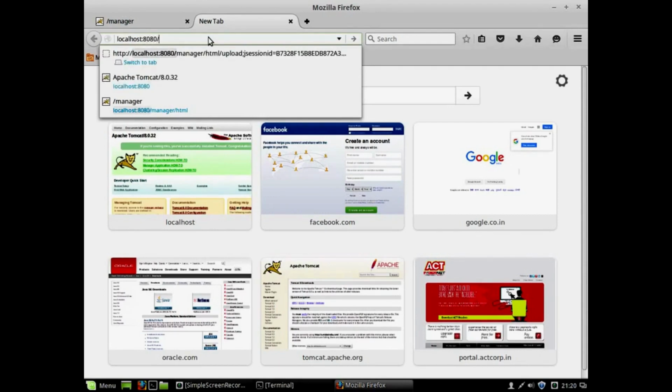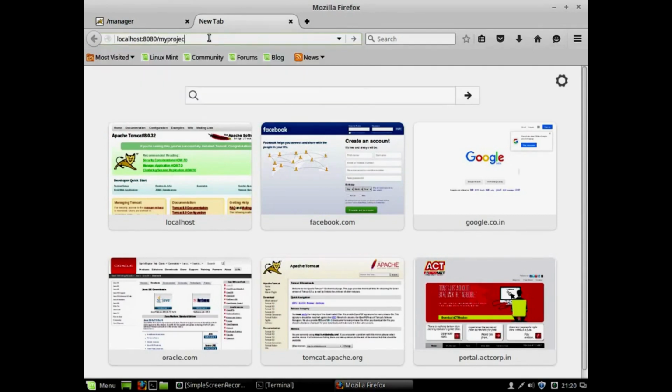It is available in a WAR file called my project, followed by, as I told you, in the web.xml file we have set some URL pattern. I already typed this slash here. You can see here the slash. And here we are giving the pattern that we have set in the web.xml file, which is nothing but hello world. When I enter, we should see Hello World. When this class is executed, Hello World will be printed on the output screen.